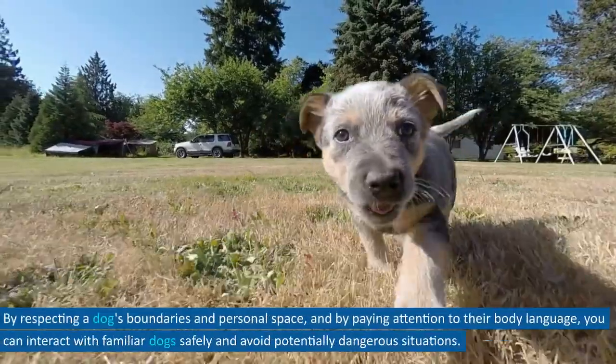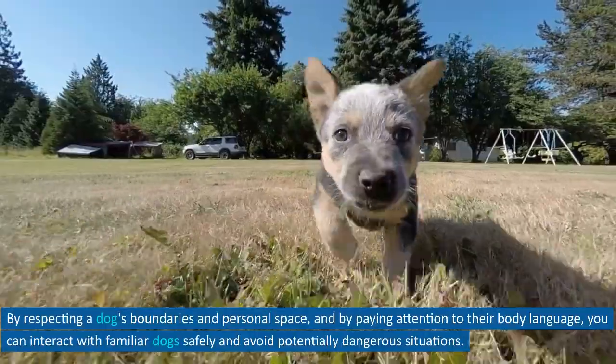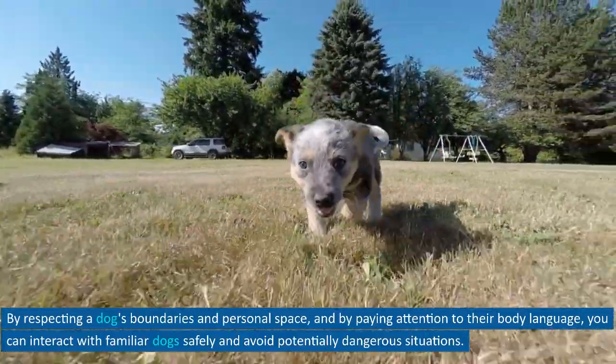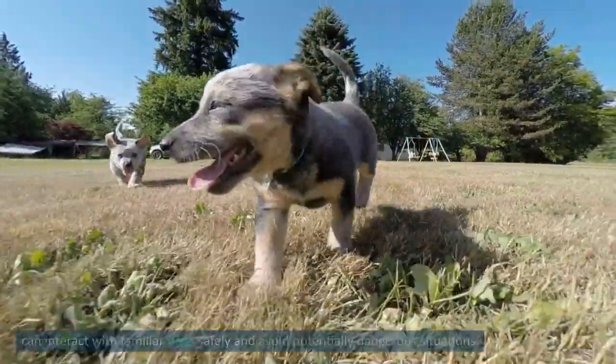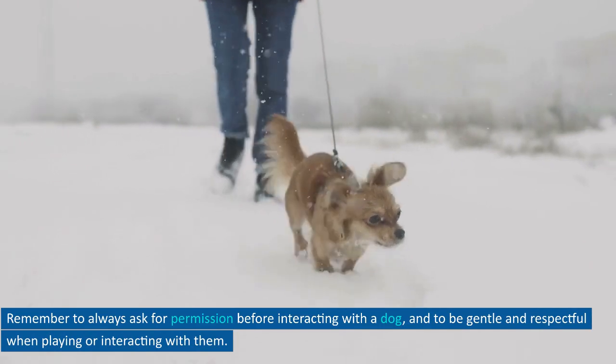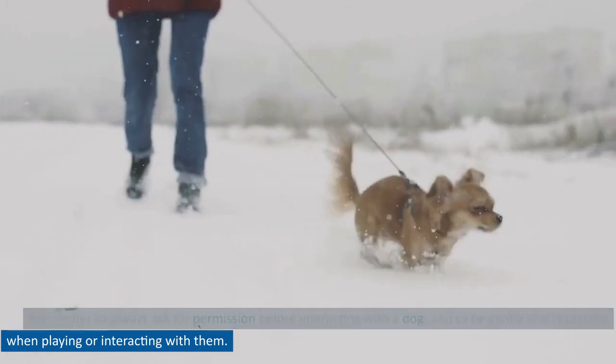By respecting a dog's boundaries and personal space, and by paying attention to their body language, you can interact with familiar dogs safely and avoid potentially dangerous situations. Remember to always ask for permission before interacting with a dog, and to be gentle and respectful when playing or